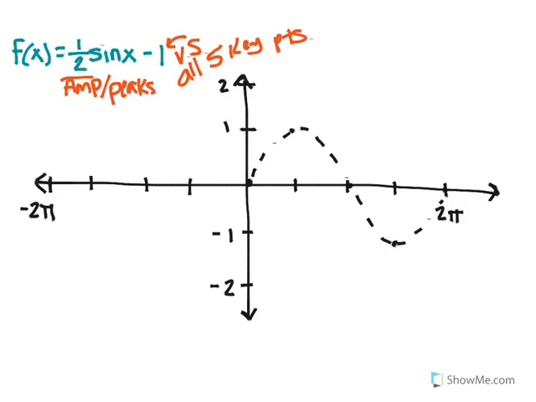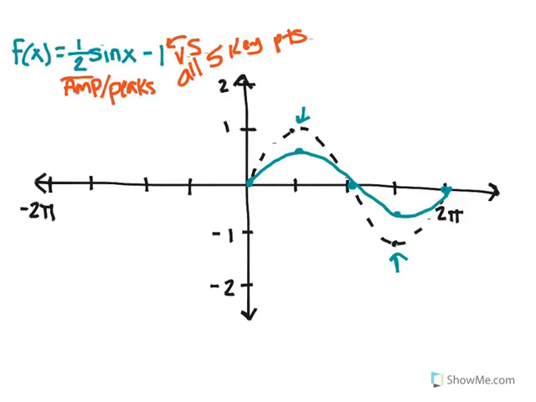Remember that it's just the amplitude. So I'm going to take all my amplitudes, my maximum and minimum points, which are here and here, and I'm just going to halve them. So instead of at 1, we're going to be at a half, instead of -1 will be at -1/2. My other points, since they are neither maximum nor minimums, are going to stay the same. So this is my first